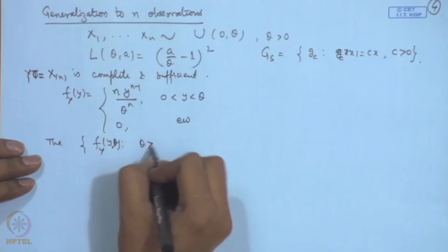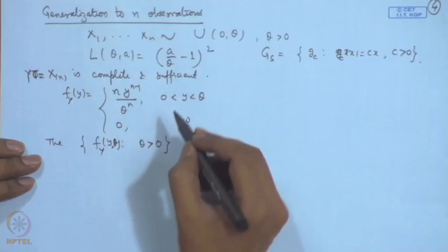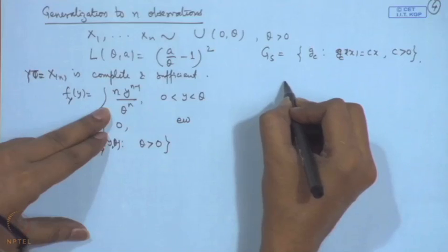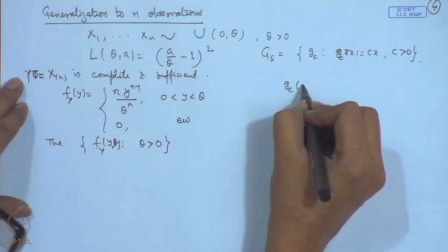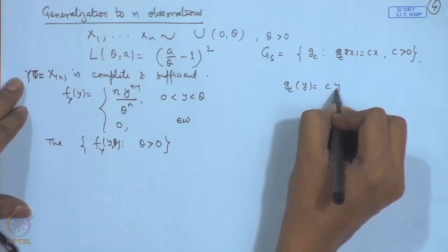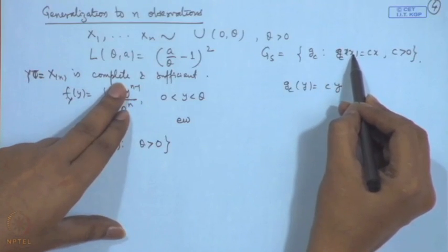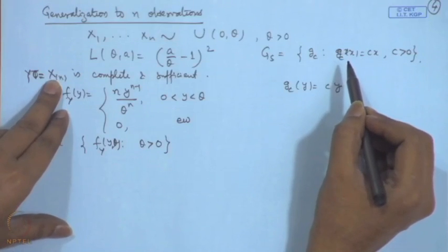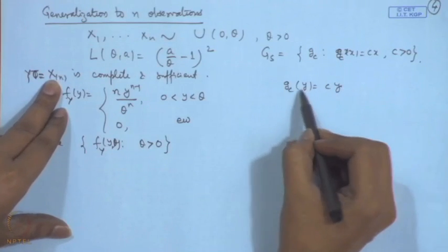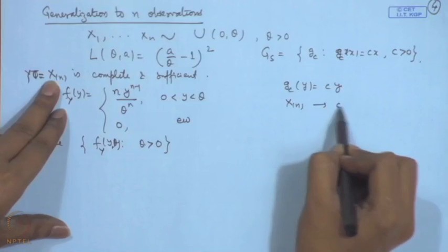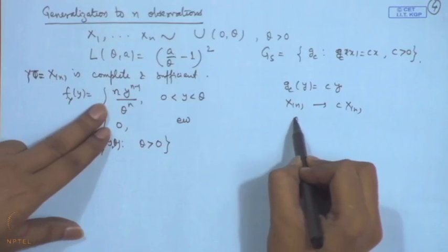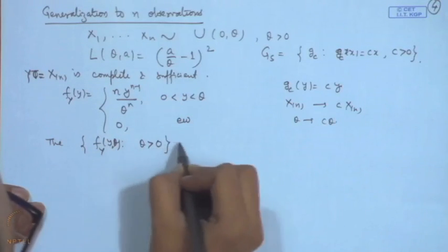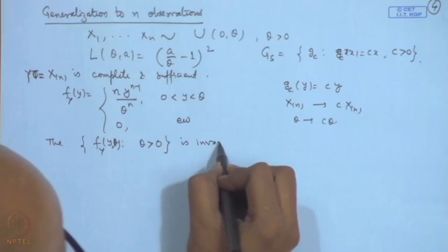theta, for theta greater than 0, will remain invariant. Because if I take g_c of y, then that will be equal to c y, because if each of the observations is shifted by c, then x(n), that is the maximum, will also be shifted by c. So x(n) goes to c x(n), and therefore theta will go to c theta for this density also. Therefore, this family of distributions is invariant